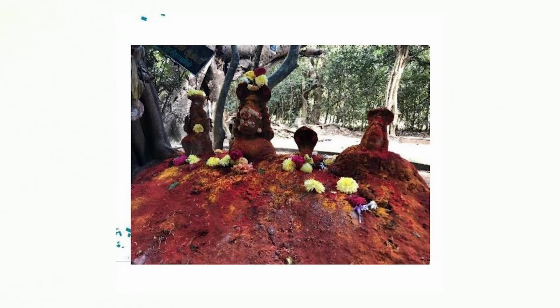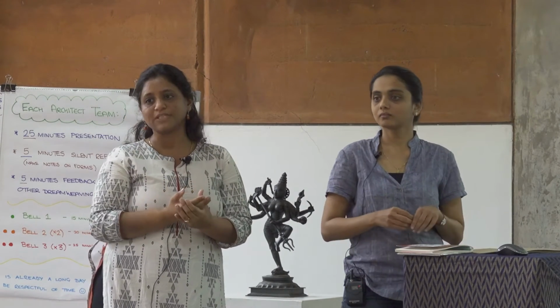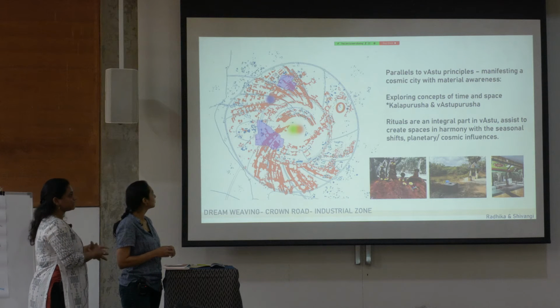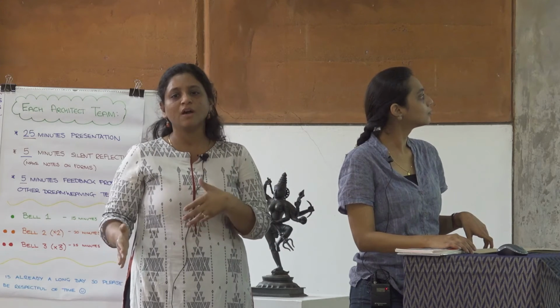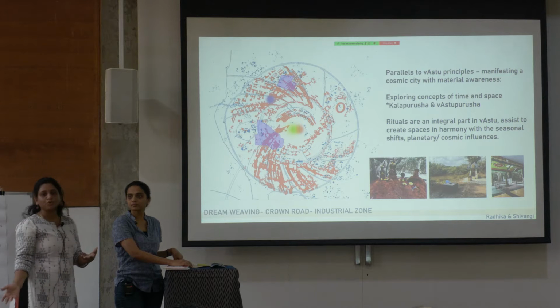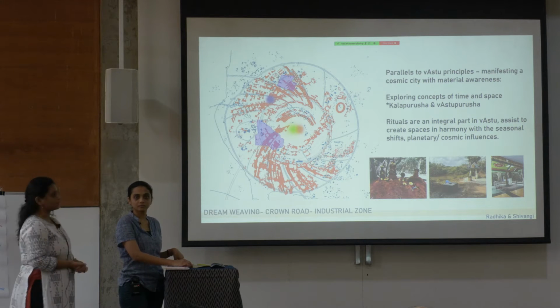Actually, the back side of this image is where the road that we all access right now to Pony Farm is. So the temple is very, very close to that road, but we don't see it because there is this whole idea of sacred groves around the temple. So what we felt was that the temple complex itself, which is nearby the crown, is already an inspiration, being a complex where there is a built space, and also the incorporation of the water body and the sacred groves, the trees that are around. So we thought that acknowledgement of this is very important here.